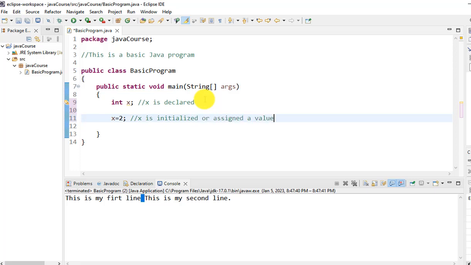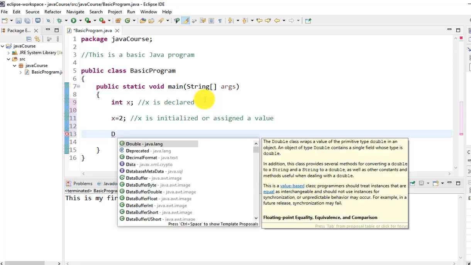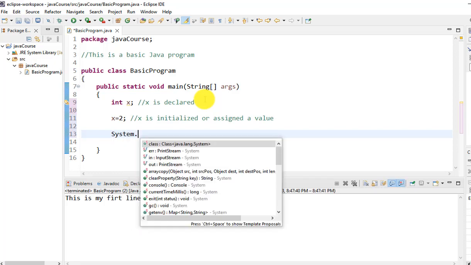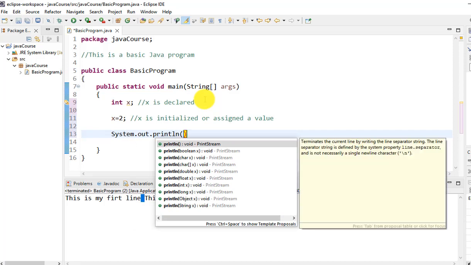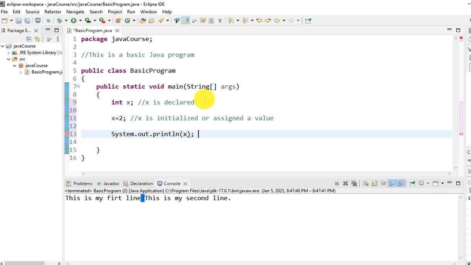Okay, so that is actually what has happened here. Just one variable: I have declared it, and I've assigned a value to it. So right now what I'm going to do is print out what I have here. So I'll type System.out.println, and when I put x in here, you can see that